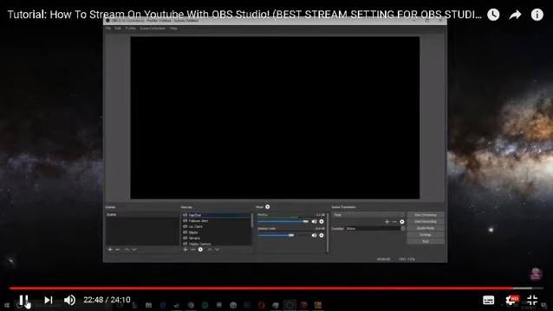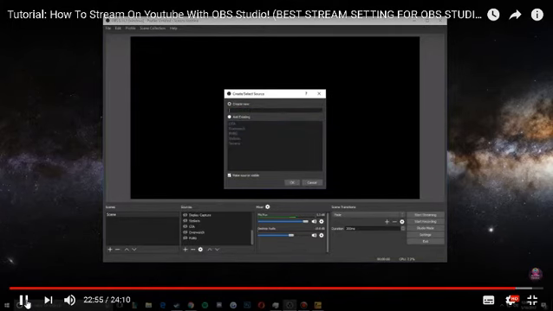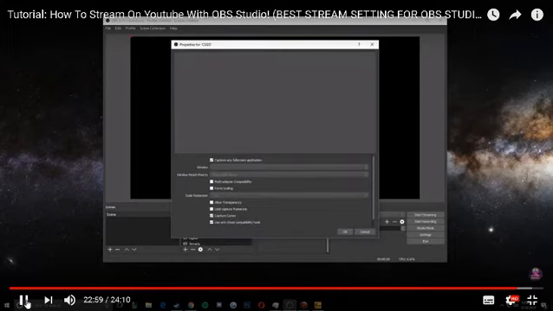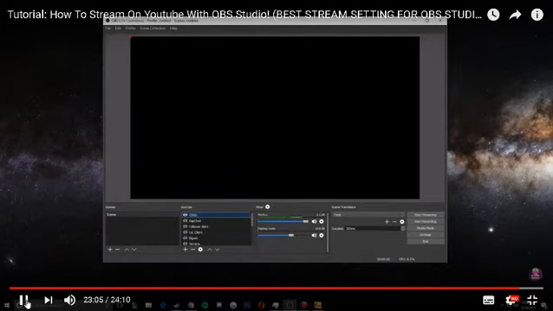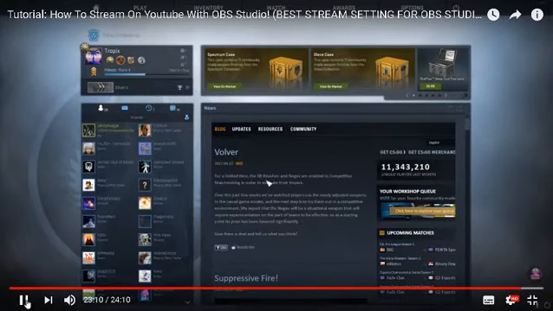Anyways, so you would want to go back into OBS after you tab out. You want to leave the game running, and then you just hit the plus button, game capture. I'm going to name this CSGO. Like that. And you want to uncheck capture any full screen application. Go to Window, go to Counter-Strike Global Offensive, and then hit OK. And it should be recording CSGO now. So if I open CSGO and tab out,